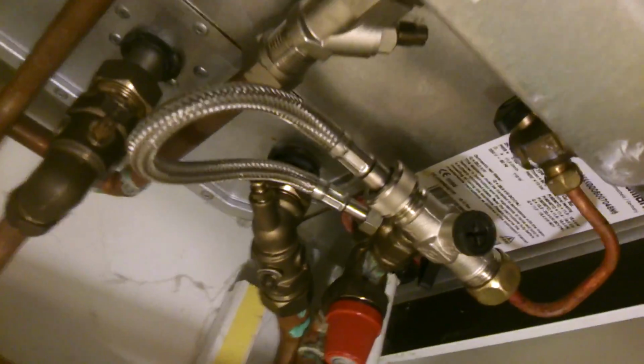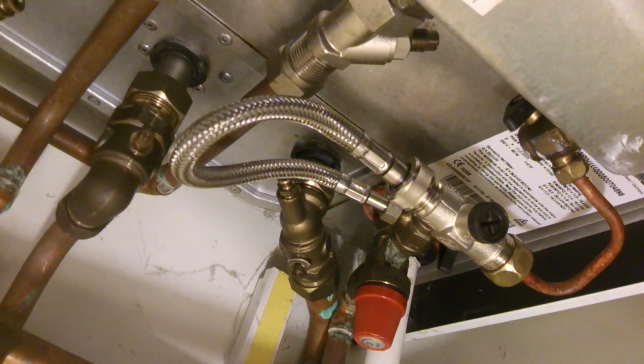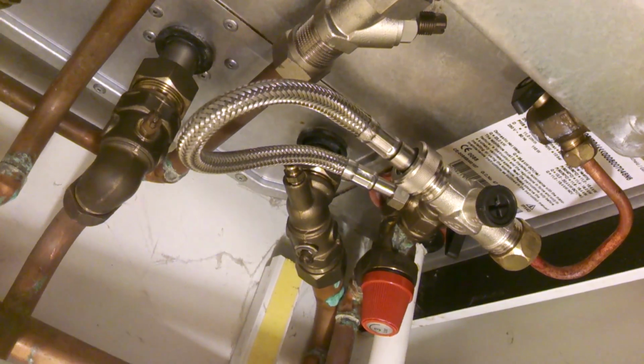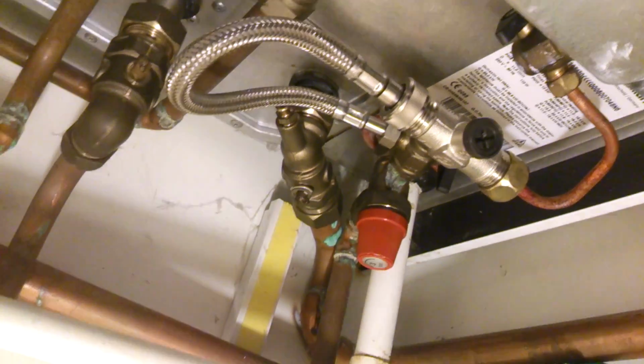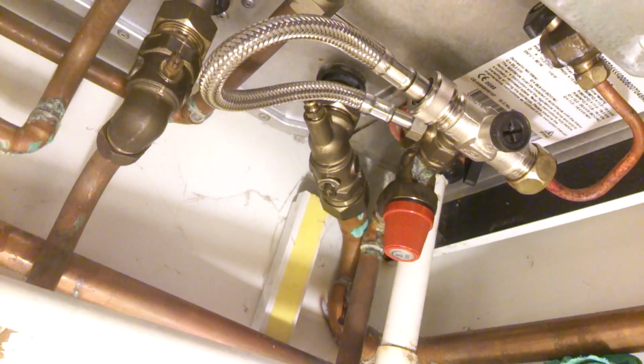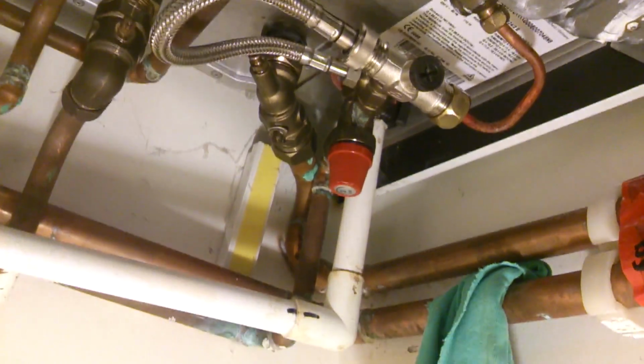So you've seen the filling loop. There's a tap, those two taps. Most are the same. All you've got to make sure is you turn them off again. You just fill that loop up. There are no leaks on the radiators or anything. I suppose if there was a leak on the radiators, it would do the same thing. But because there isn't